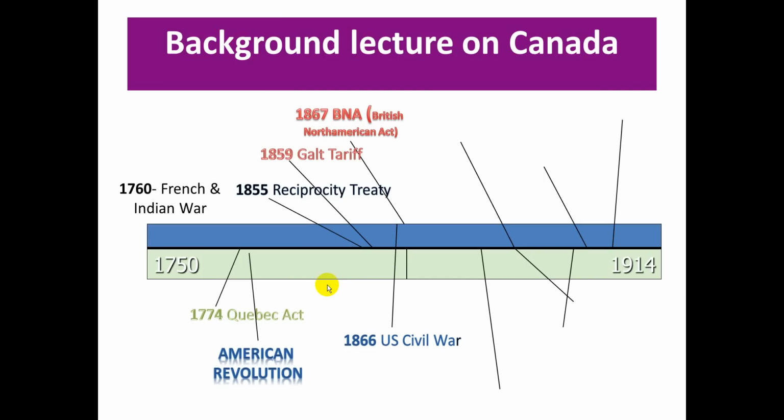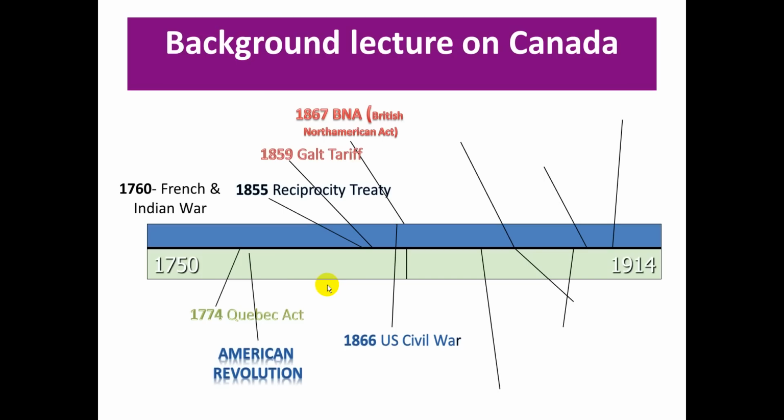Basically, they set up a constitutional monarchy very similar to what was going on in Great Britain. So there was a monarch, and that was the Queen. And the Queen would send a representative over to Canada. And then a bicameral legislature. Basically, it was the House of Commons and like a House of Lords, or they called it the Senate. And those people were appointed by the Queen. But the House of Commons was